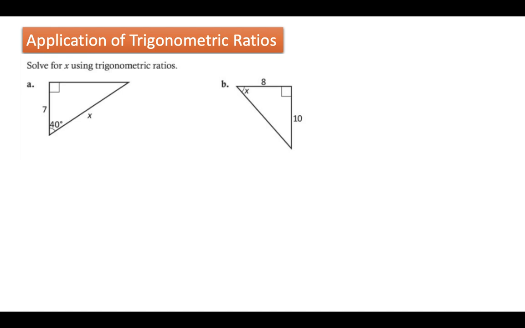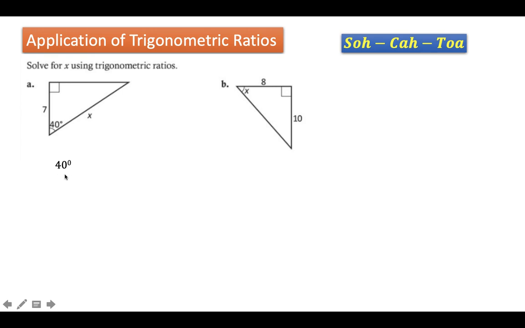Trigonometric ratios can be applied in solving sides and angles of any right triangle. This SOHCAHTOA will help us to easily recall the three basic trigonometric ratios that can be used in solving any right triangle. So in this case, to solve for the hypotenuse x, we will first write the given acute angle